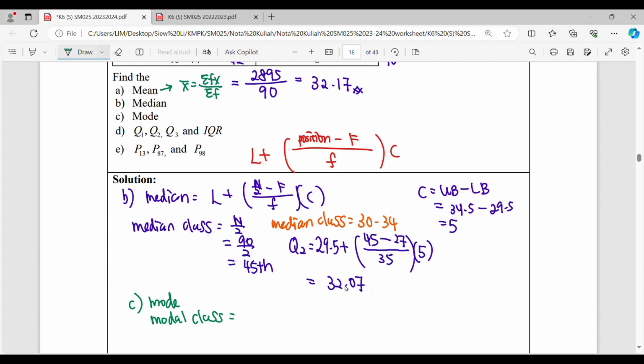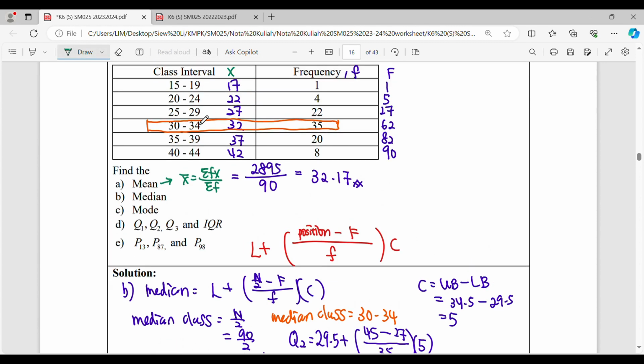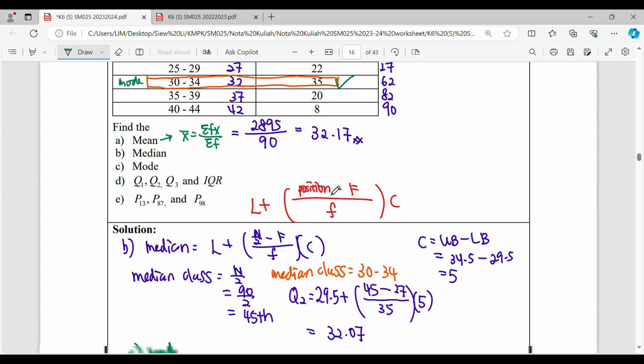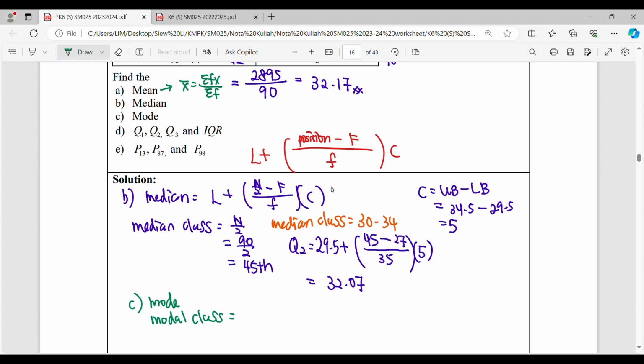Modal class. Go for the mode. Find the class first. Where's the position? At the same class. The highest frequency, so it's at the same class. So the mode is also at the same class here, the 30 until 34. So for the mode,